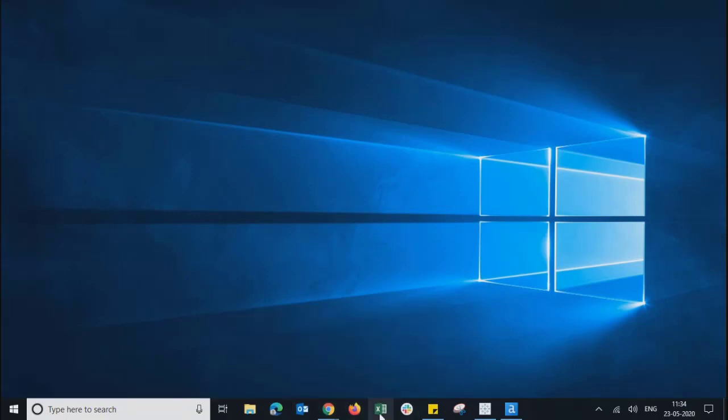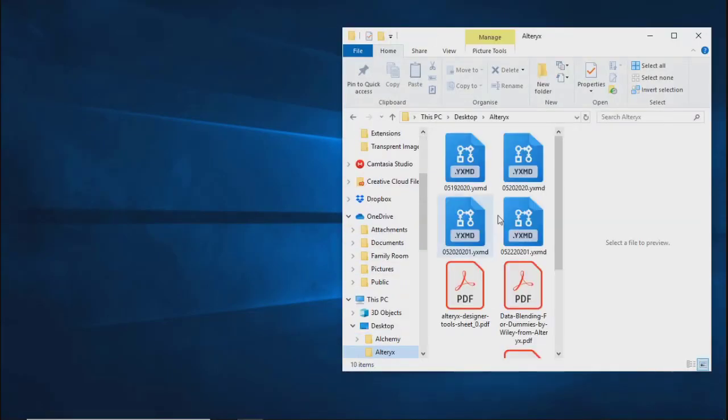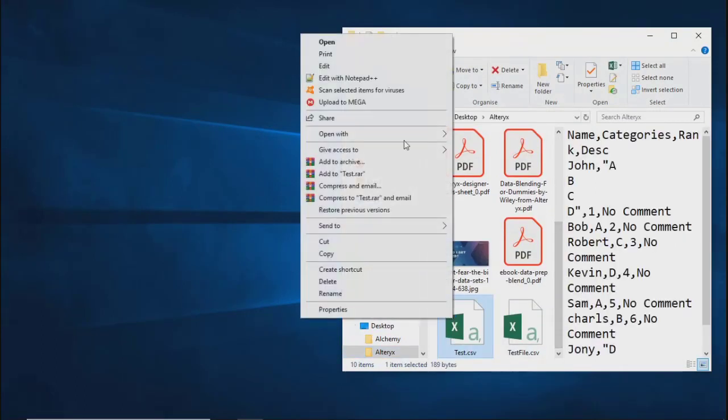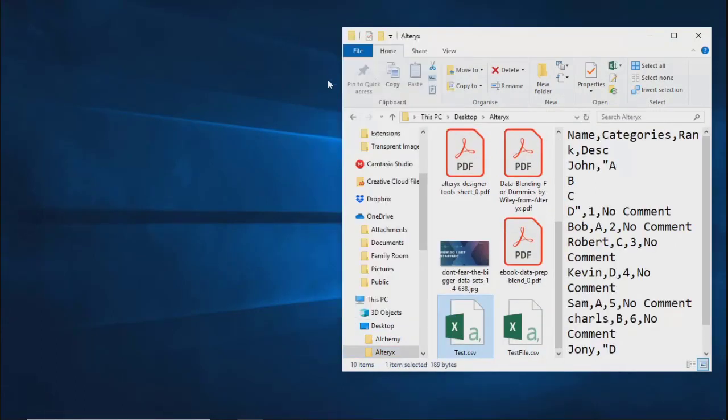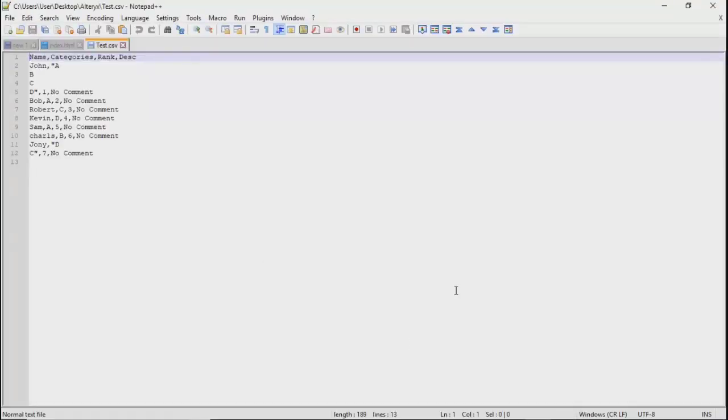If you open that file in text format, what will happen? I'll tell you. Just go to Alteryx. Over here, the test file we just saved is this one. If you open this in Notepad++, see what happens. Did we have a similar kind of structure? Right? So the structure over here is not fine.